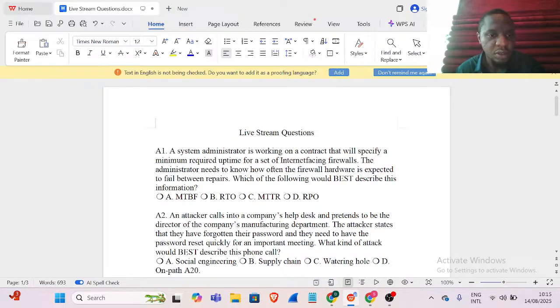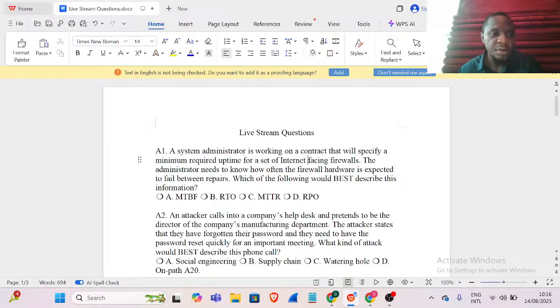The first one is: a system administrator is working on a contract to specify the minimum required uptime for a set of internet facing firewalls. The administrator needs to know how often the firewall is expected to fail during the blocks. Which of the following is the best? I think,